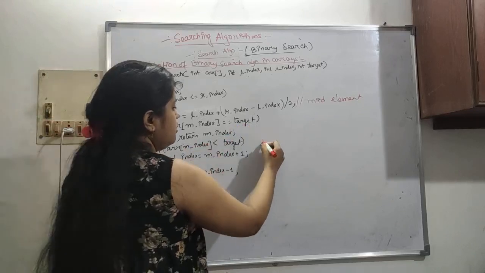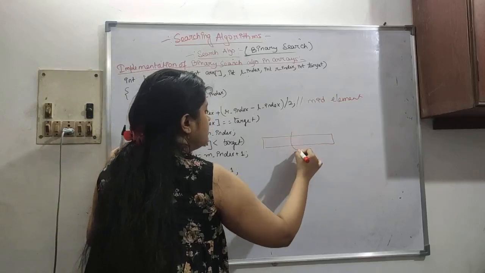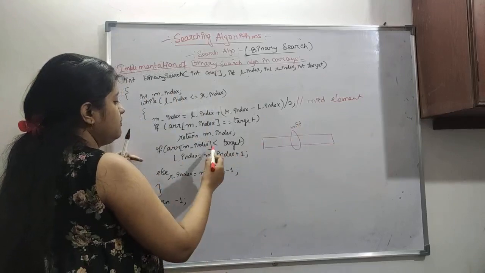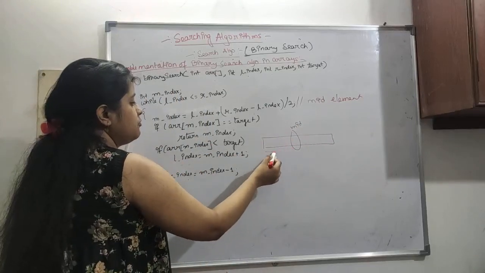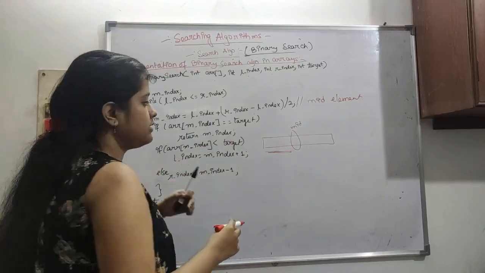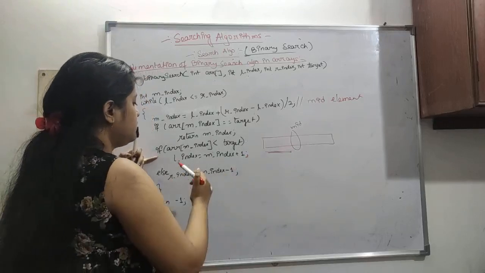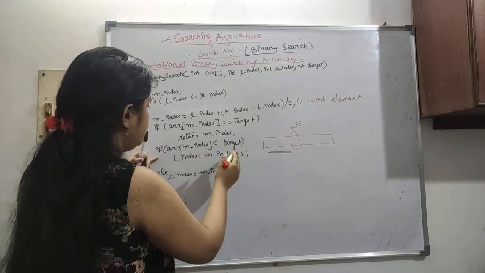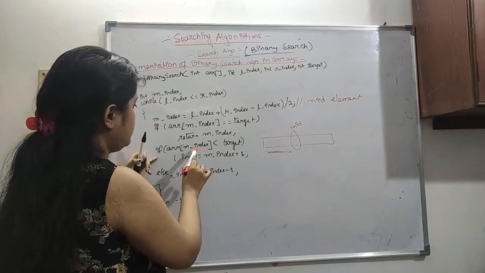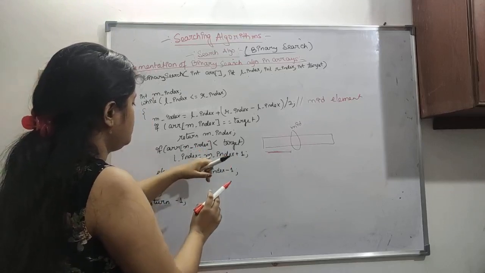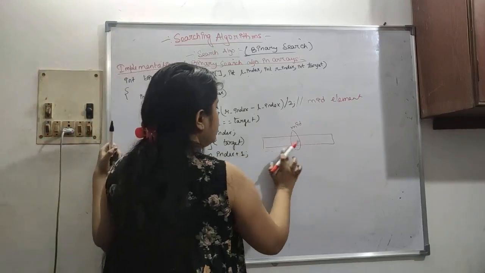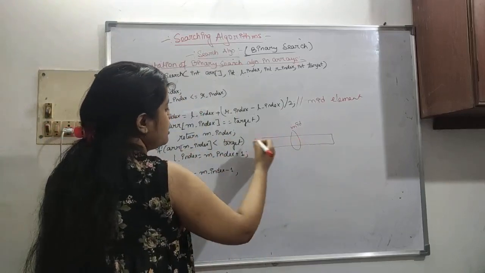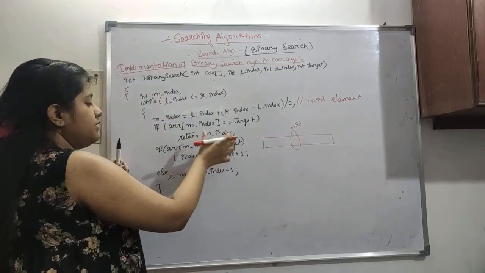I have already told you. Let's say this is our mid element, and our target element is somewhere here maybe. So once again, the array at m index is less than the target. Sorry, the target is greater than the mid. Just like I thought the opposite. So the target is basically greater than the mid element.